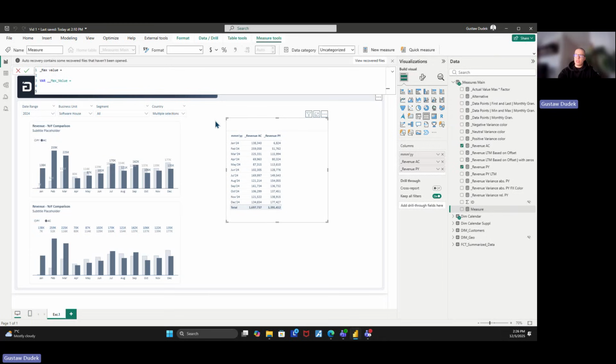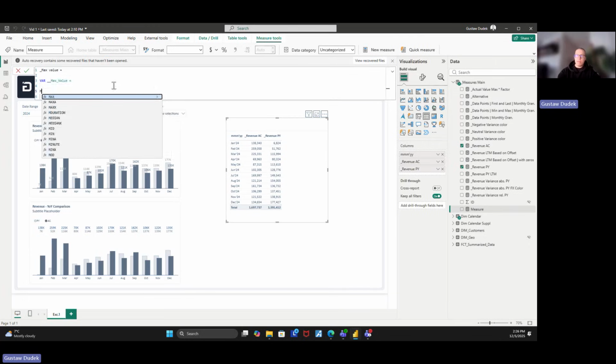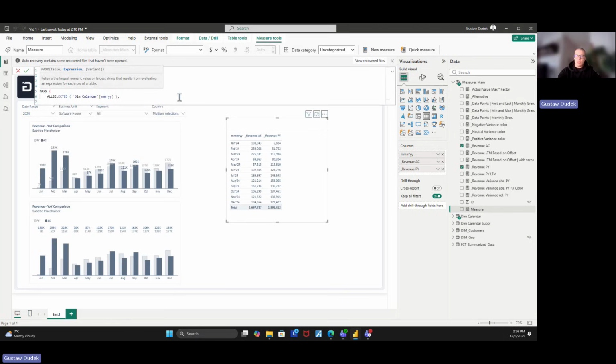There are a few approaches, and I'll show you the one that I personally wouldn't pick. The outcome will be quite similar or even the same, but I would like to show you a few approaches. So let's say we would like to use all selected, and then we are using that in our table now, and we would like to find the max value of our months in that case. And for now, let's only pick the revenue AC, only looking at the actuals,